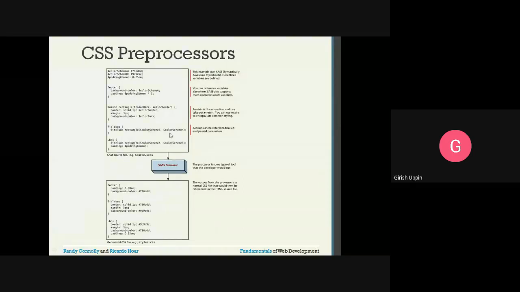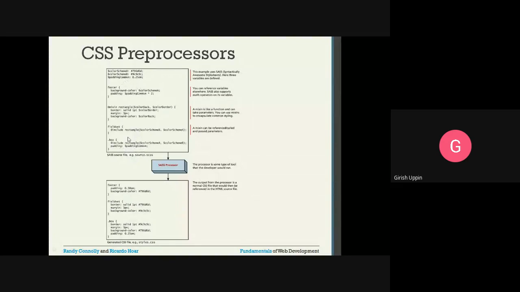Whatever values you have set here are sent as parameters. Then .box @include rectangle, the same mixin is called, and additionally padding is set as the padding common value.